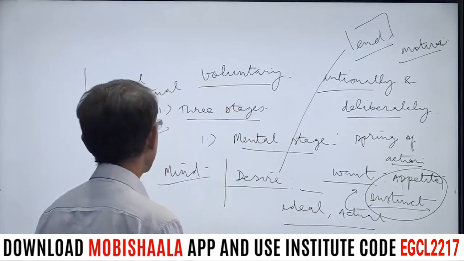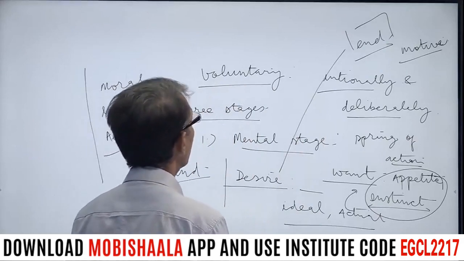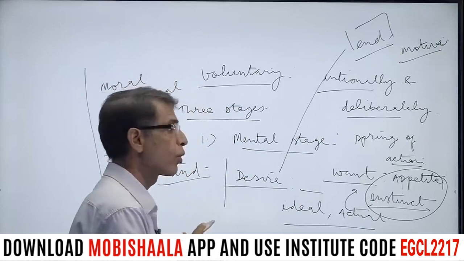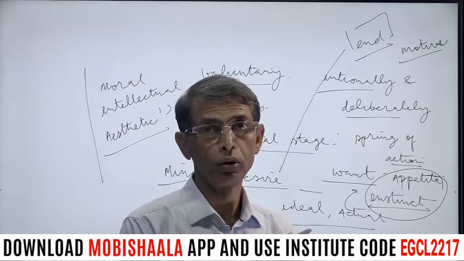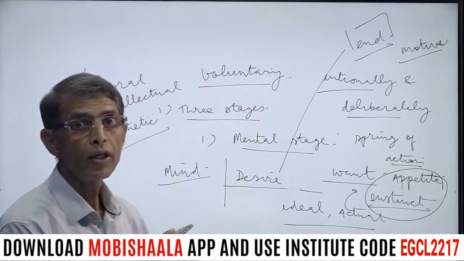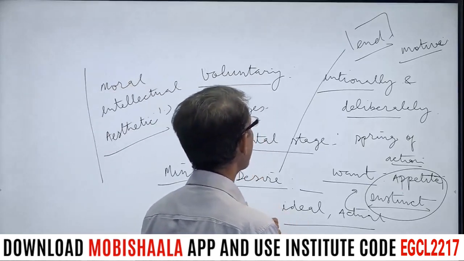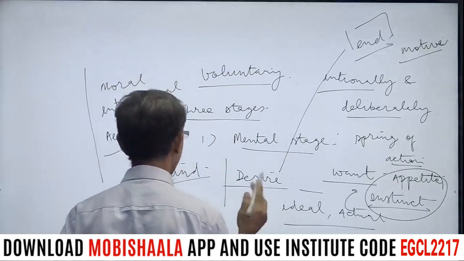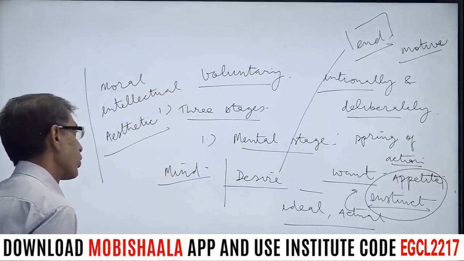Now see, once you say there is a motive, this motive includes also the means. So motive is the end, but of course he also has to search for the means. So intention includes both, we will come to it. Your desire includes both, action, voluntary action, and desire has a motive, we will come to it. And now your moral action has motive as well as intention. So we will come to it.